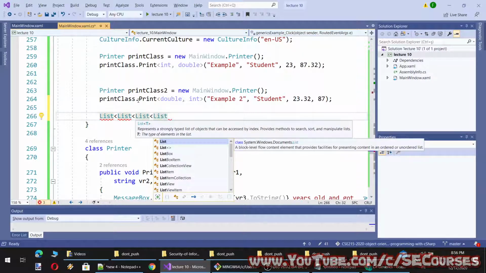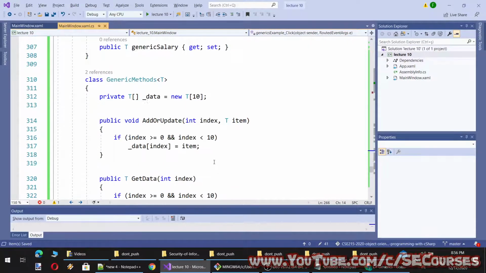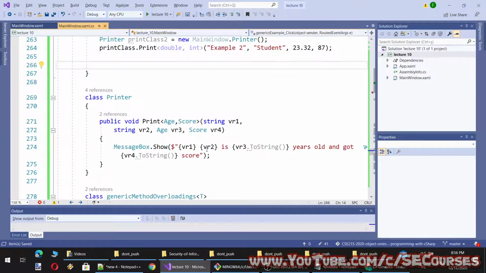Because it is a generic type, therefore it supports all of the data types. You see how powerful it is. Generics are so powerful as long as you use them properly. They can be used in anything, in abstract classes, in virtual classes, or whatever you want. So they support basically everything.